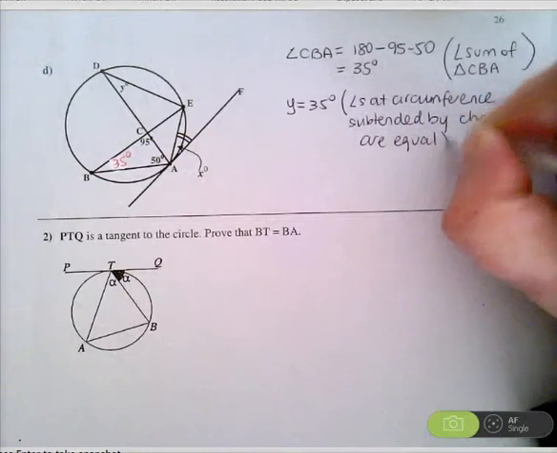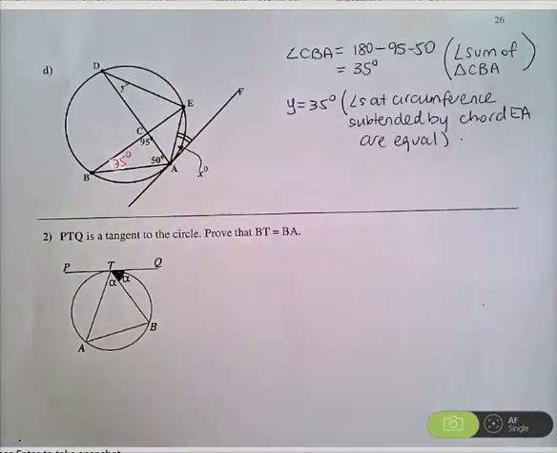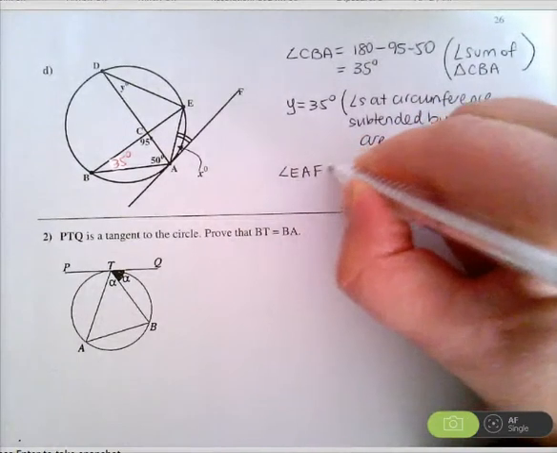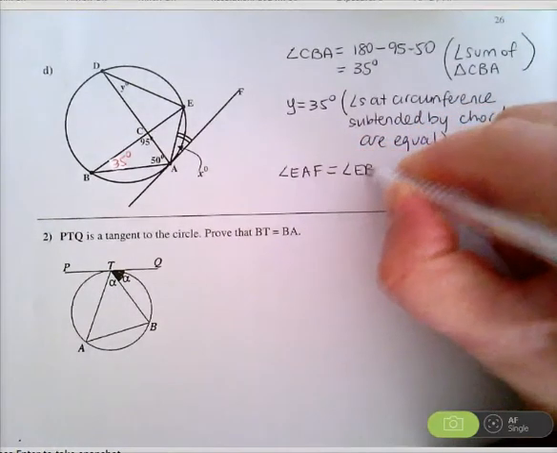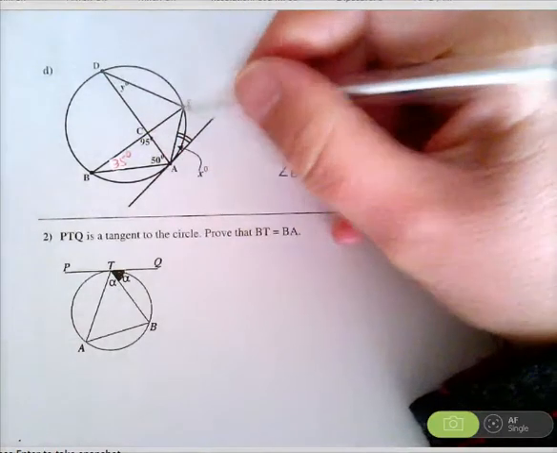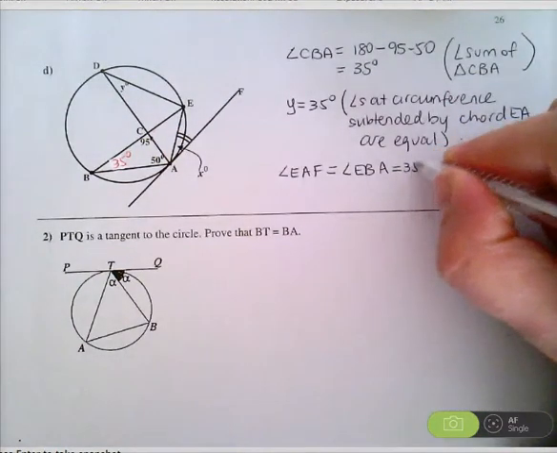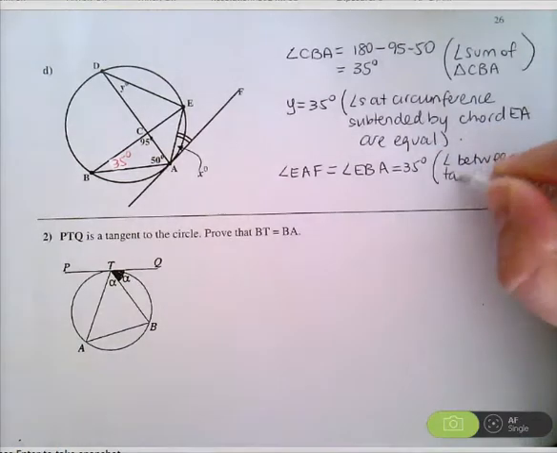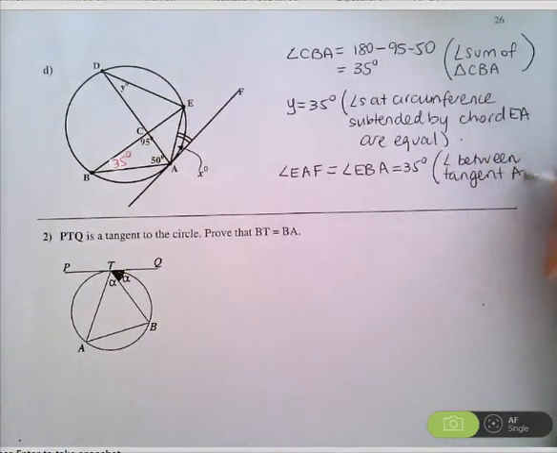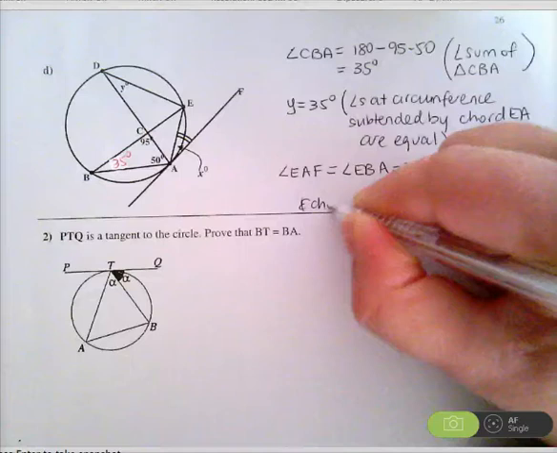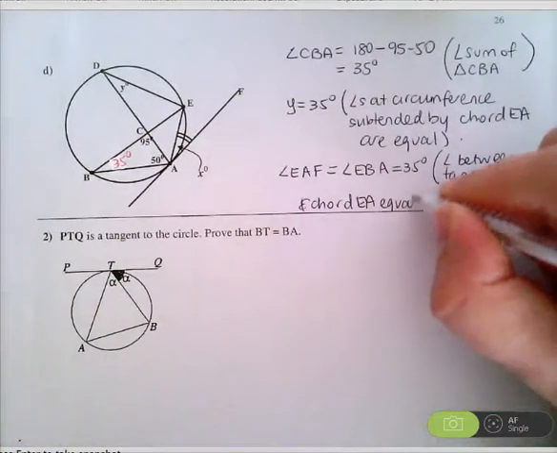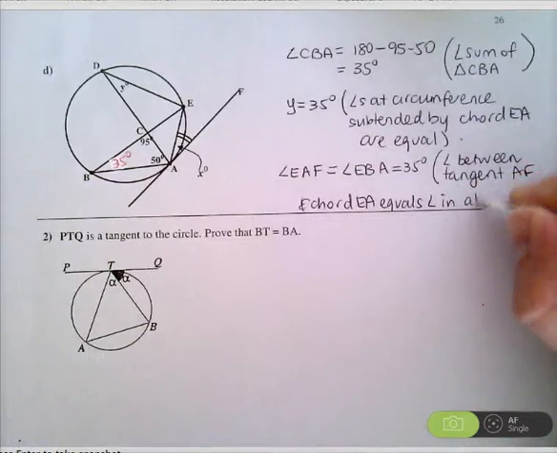You could have also said that angles in the same segment are equal. And now for the last bit, we can say that angle EAF is equal to angle EBA, or you could have put that it's equal to angle EDA, which equals 35 degrees. Reason: angle between your tangent, now your tangent is AF, and your chord EA, equals your angle in the alternate